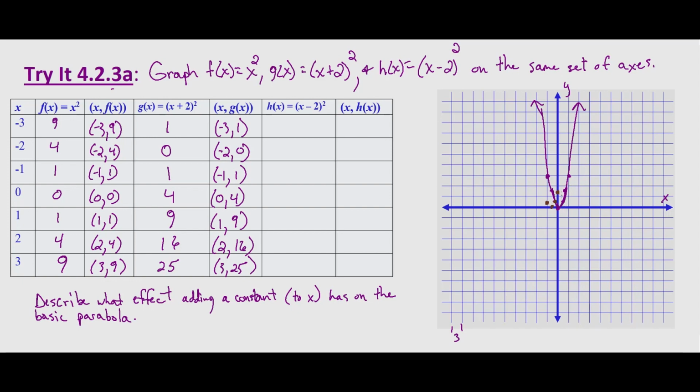So 1's about here, and then 3, 6, 9. 2, 16. So 2 is going to be right about here, and then 3, 6, 9, 12, 15, 16 is going to be right about here. And then 3, 25. So 3, and then 3, 6, 9, 12, 15, 18, 21, 24, and then 25 will